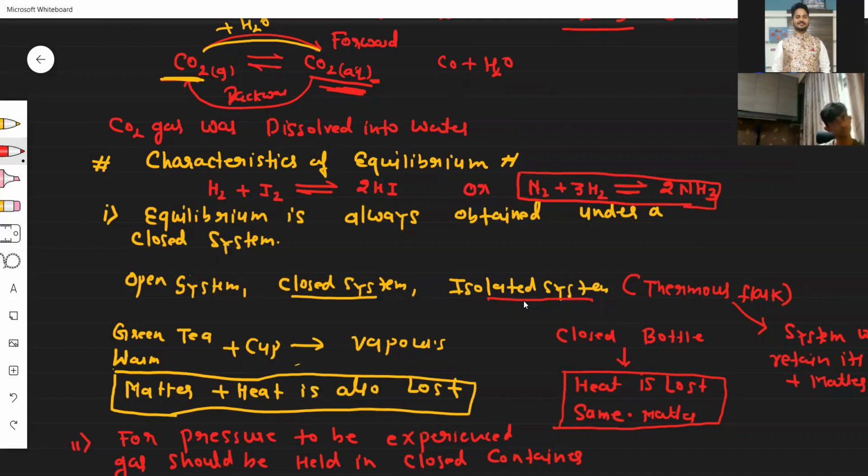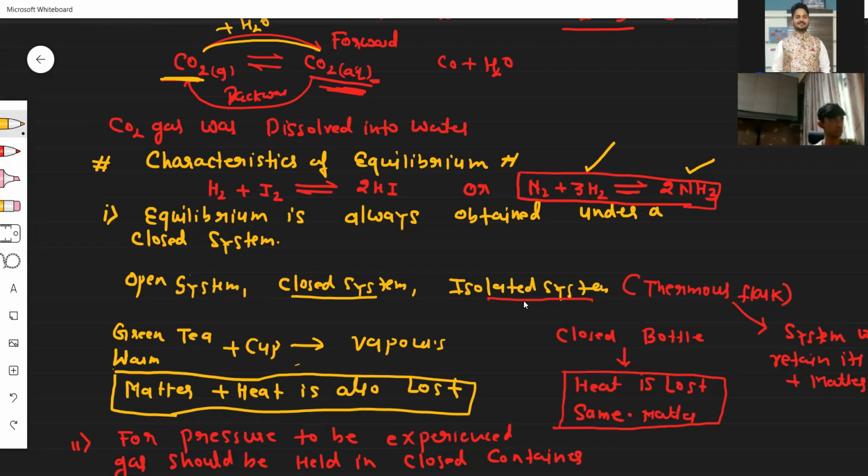Do you think we are able to hold the gas in an open container? You cannot hold the ammonia gas in an open container. You cannot hold the hydrogen gas. So when you do the conversion, whatever product is getting produced, if that product gets lost in the atmosphere, there is no effect of equilibrium. So one thing gets automatically reduced because it got into the atmosphere.